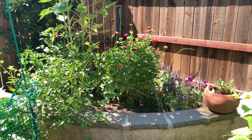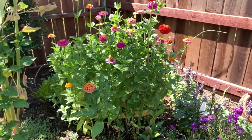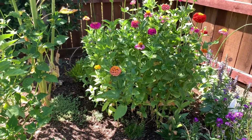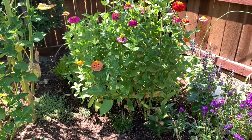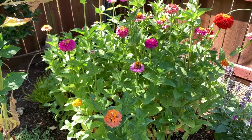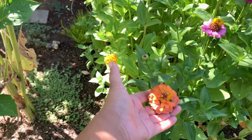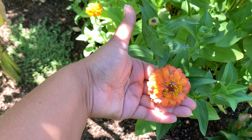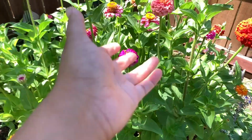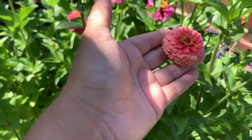And here is my corner flower garden. It's my flower garden for now because I don't know if we'll still plant flower gardens, or if we'll do vegetables next year. But I have these are the semi-dwarf zinnias, and so they're cute little zinnias. So you can kind of see they're about maybe 3 inches in diameter. And then some of them are even smaller. So super cute little zinnias,